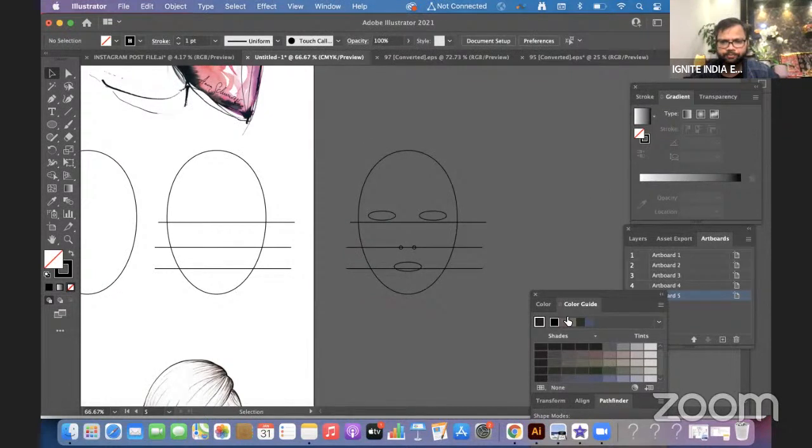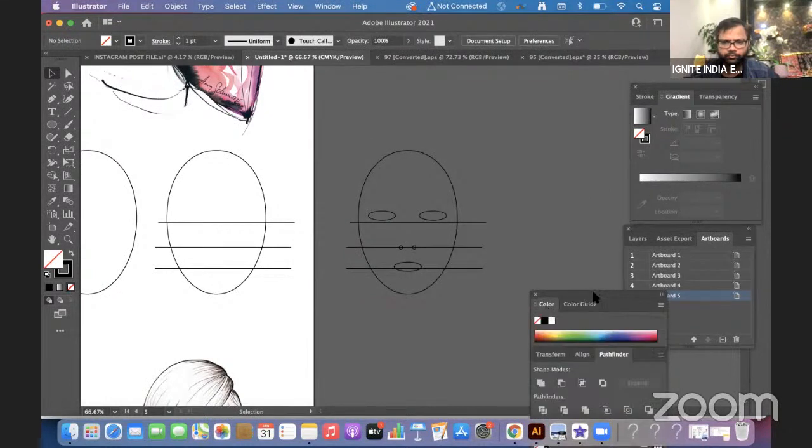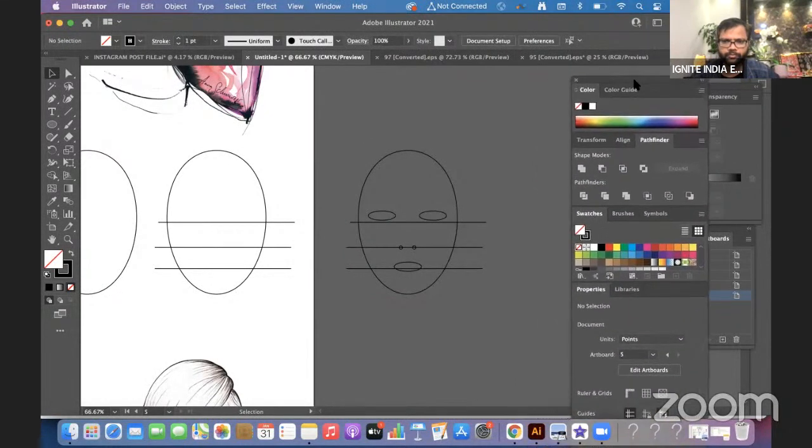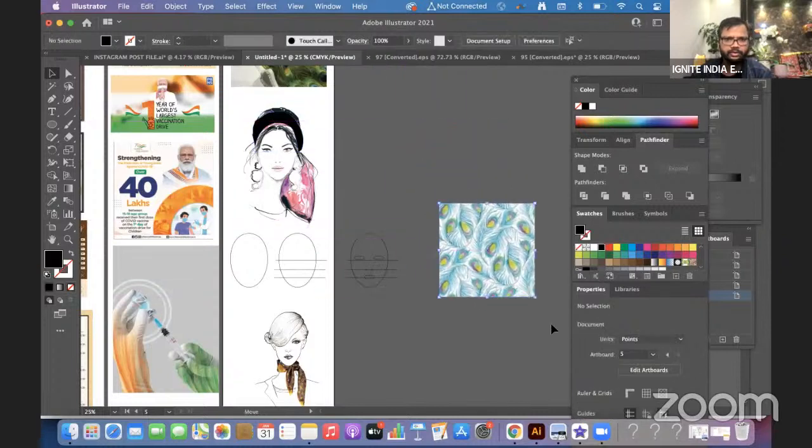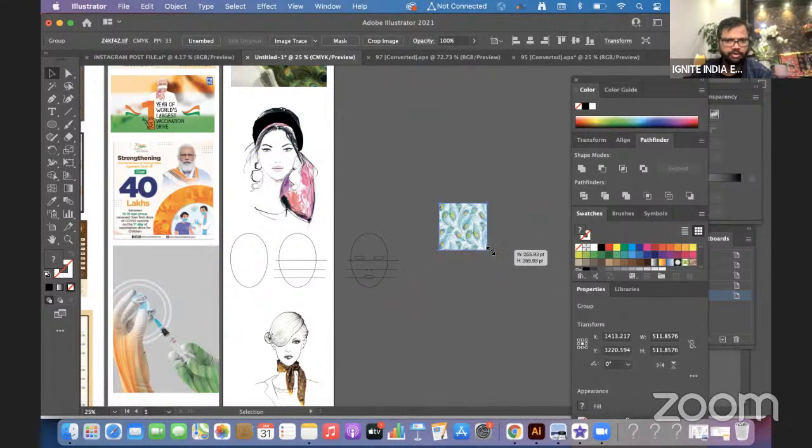All right, so now we'll explain you in detail this, but before that, let me show you how you can render this actually. So I will put this.